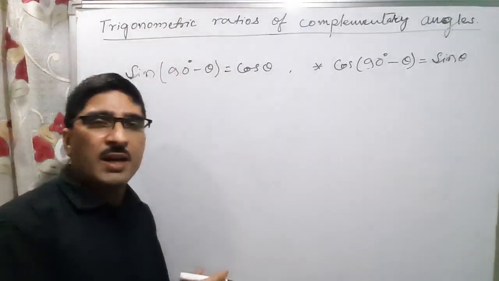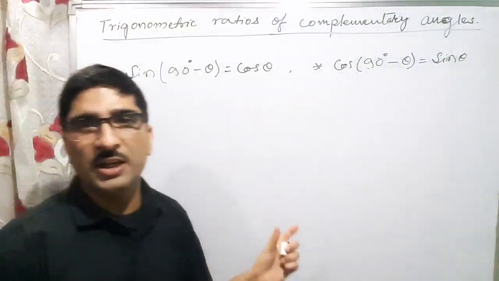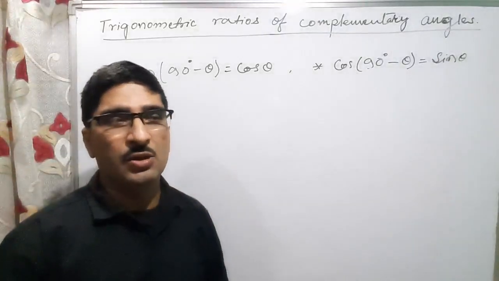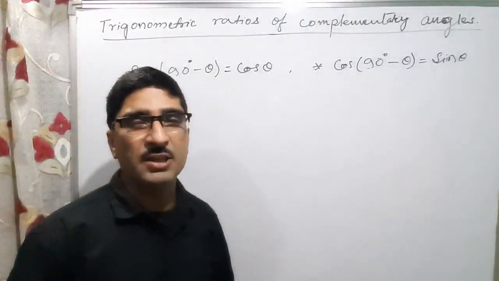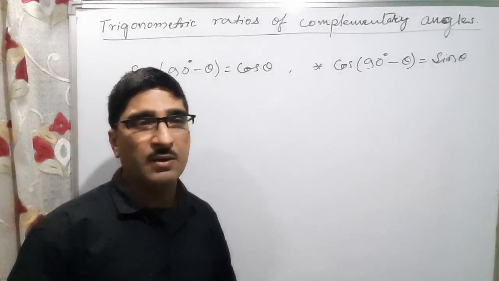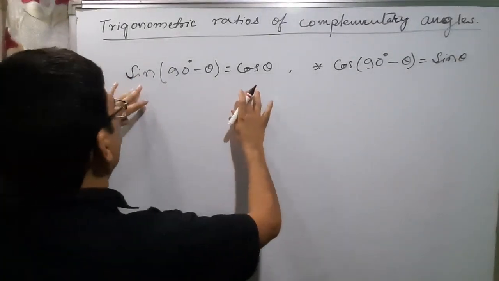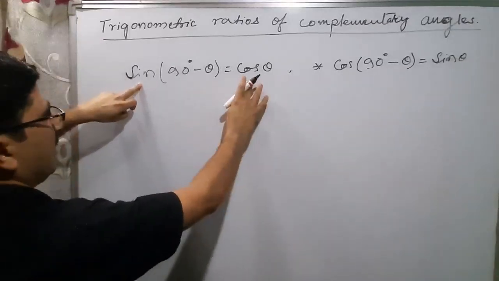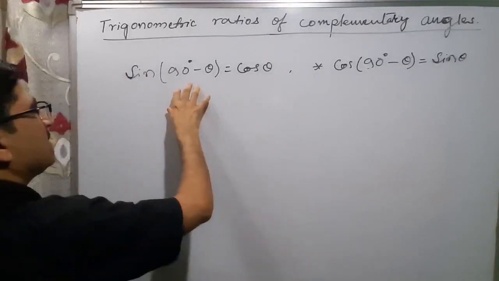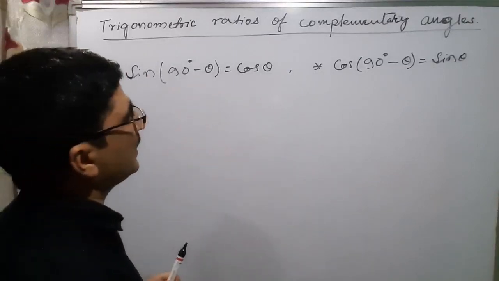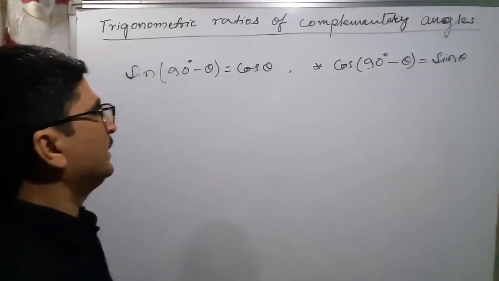And one more relation we have between sine and cos, a direct relation, that is the quadratic relation, or one of the three identities: sine square theta plus cos square theta equal to 1. There we have the direct relation between sine and cos, and here we have the complementary relation. So sine and cos have two direct relations, one is the complementary relation and another one is the identity, sine square theta plus cos square theta equal to 1. The next one is,